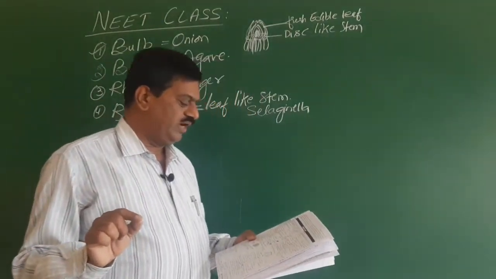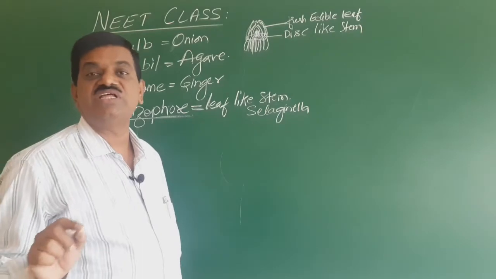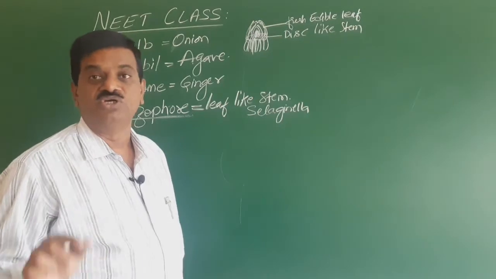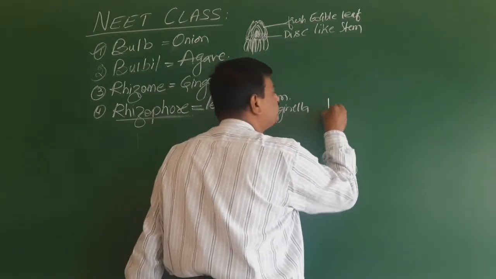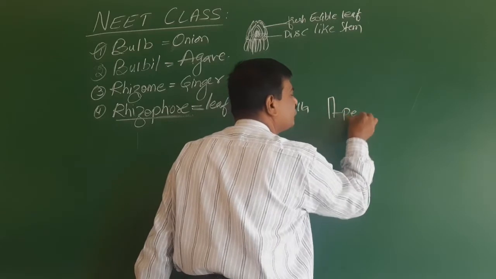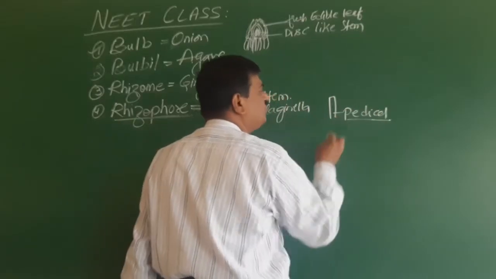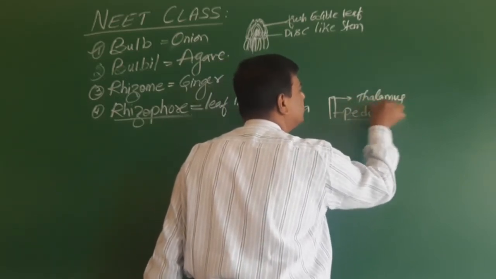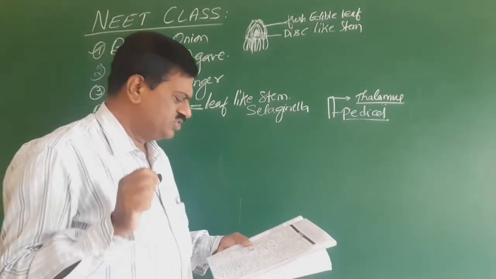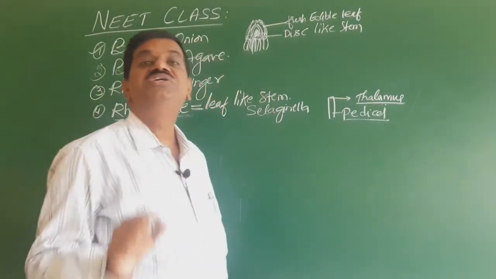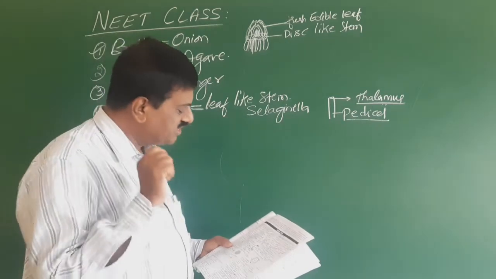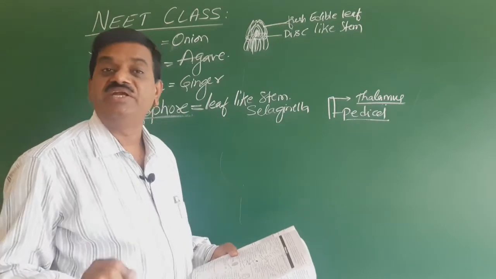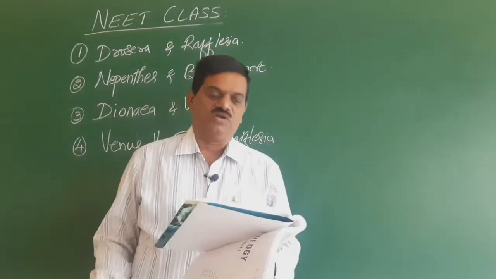And the third one is called thalamus. Thalamus is nothing but the ending part of the pedicel or petiole. When you take the word pedicel, pedicel is called the stalk of a flower. This region is called thalamus. So this never comes under the leaf, so this is not the answer. Disc, again, is not present. Disc is nothing but a modification of a stem. So here the right answer is pulvinus. So we go for the third question.